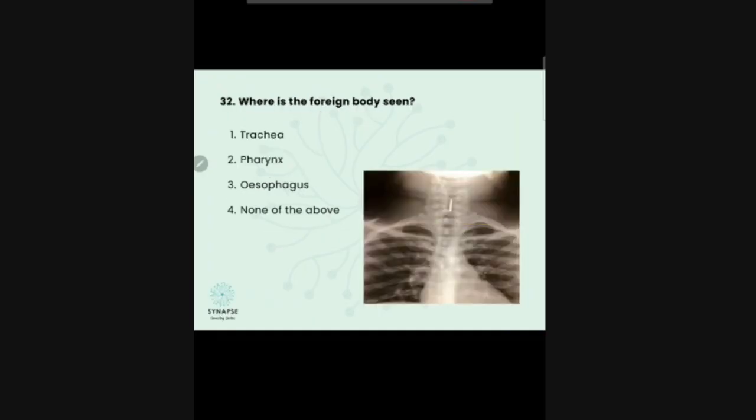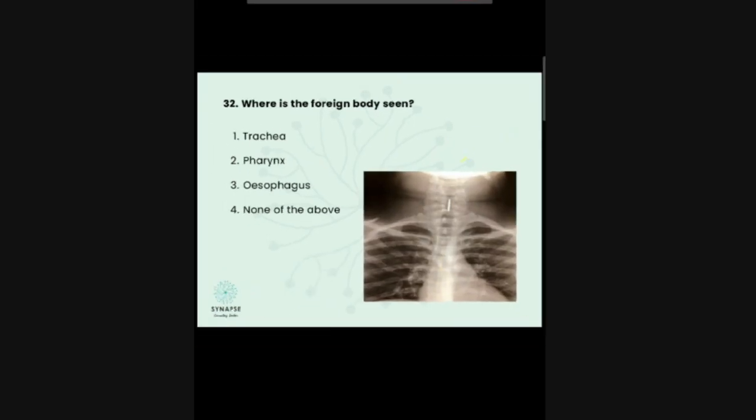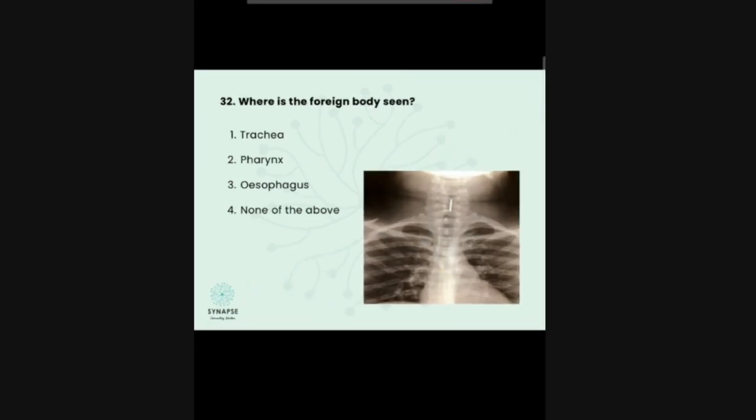Next, where is the foreign body located? This is an image-based question, repeatedly asked. Always remember esophagus or trachea. Always remember the cross section. So for the esophagus, my vocal cords will be in this way. So when the child swallows a coin and it enters into the trachea, the vocal cords will be in